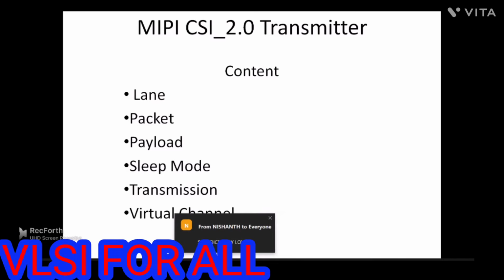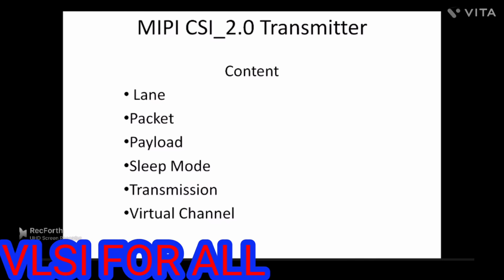Today, this one is a high-speed protocol which is used for image processing or video transfer from one domain to another domain, or one source to another source. So this is the MIPI CSI. MIPI stands for Mobile Industry Processor Interface, that is the full form, and CSI is the Camera Serial Interface. Another one is also available, that is the DSI, that is the